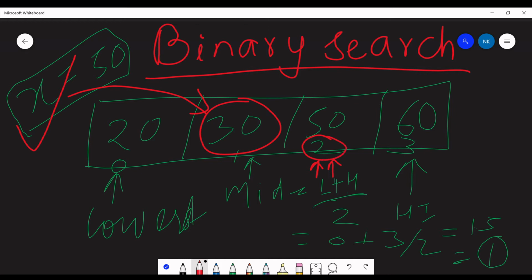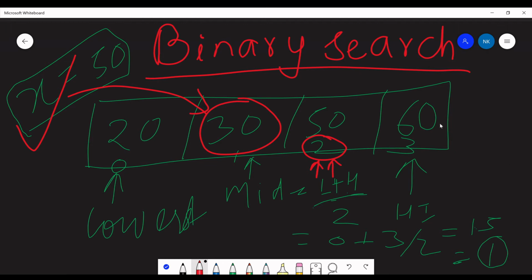If the value is at mid, we return it. If the value is less than the mid, we update the highest index to mid minus 1, and the lowest index stays the same.